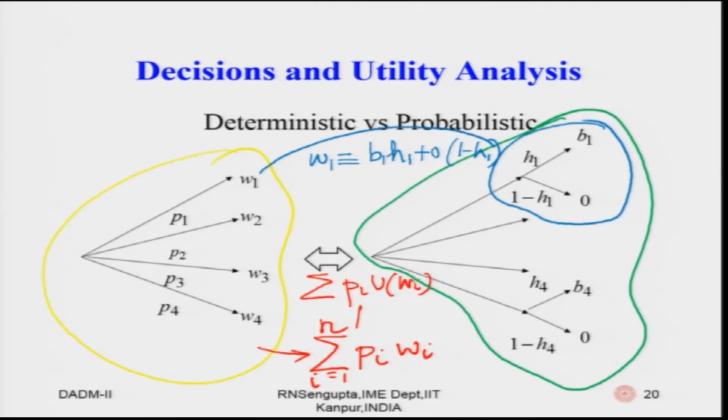So, if I replace for all the values, it will be Wi, Bi, Hi and Hi. So, if the probabilities are the same, Hi becomes half, 1 minus Hi becomes half, and you can do the corresponding calculation. So, this can be extended as you go further to the right.